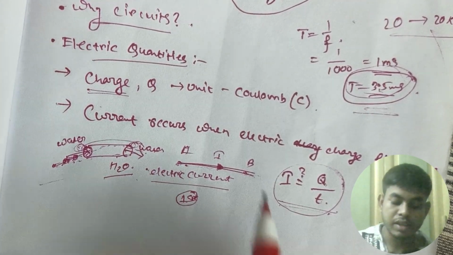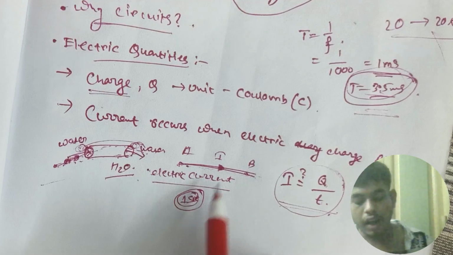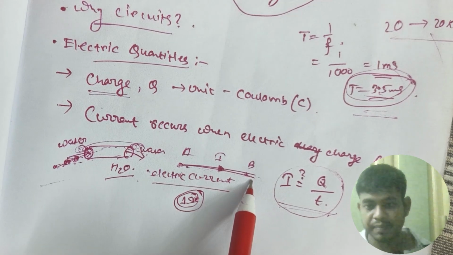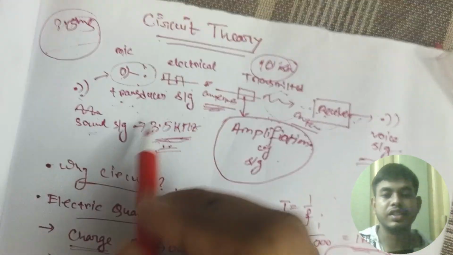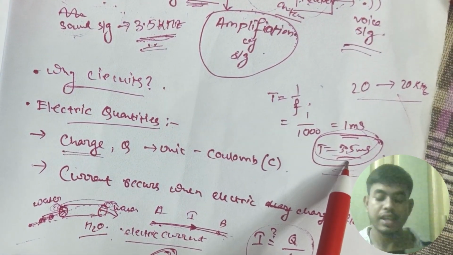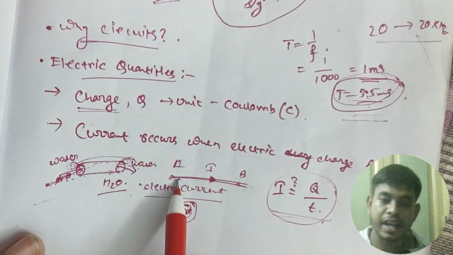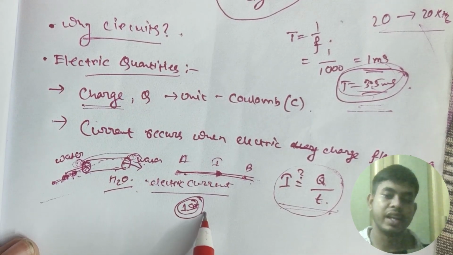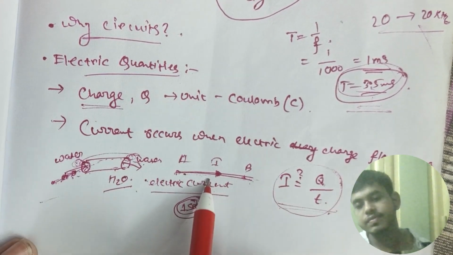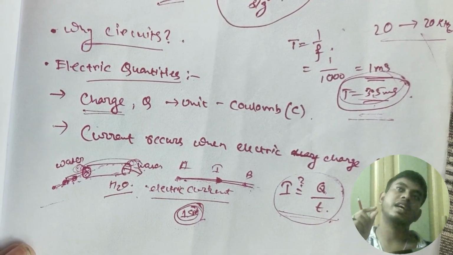We have told here that in 1 second, how much charge will flow from A to B. So inside our antenna, if my signal is of 3.5 kilohertz, means the time period is 3.5 milliseconds, and we are calculating the current inside the antenna on the basis of 1 second, then in 1 second, no current is flowing. In every 3.5 milliseconds, we have to just